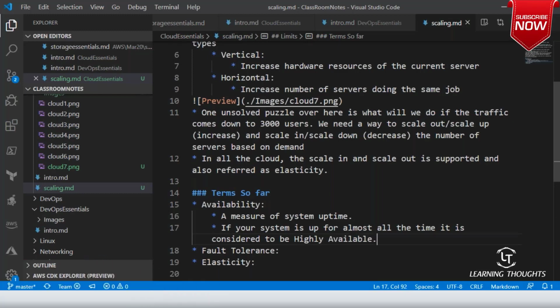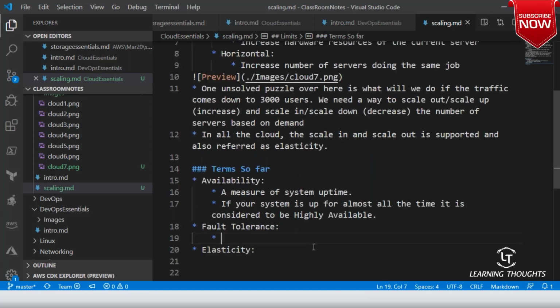Please understand, all these terms will come into every cloud which you try to learn. So our design going forward as a cloud engineer is to build highly available systems. Not all might be required to be highly available, but there are mission critical systems where they have to be highly available. Let me define all the three, and then we will speak about them.